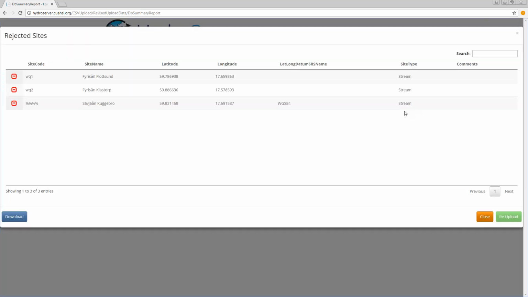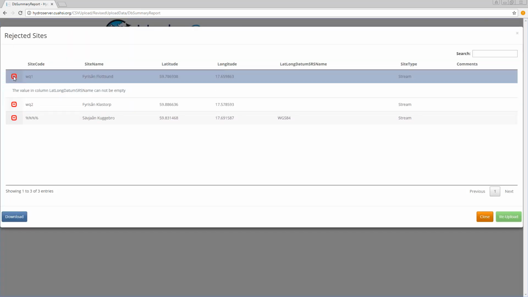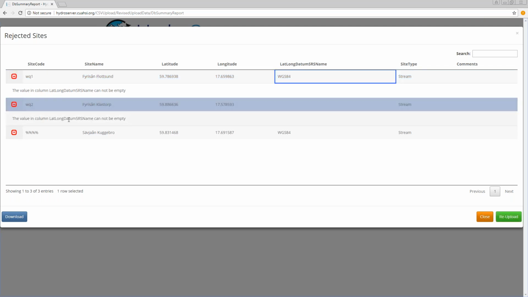Let's check it out. All right, so I'm checking it out and I'm seeing that it looks like I forgot to put lat long datum into the actual lat long. So cool functionality here. We can just edit that right here. And we're going to use control vocabulary and put that in. We can do the same for the others. And looks like I made the same mistake here.